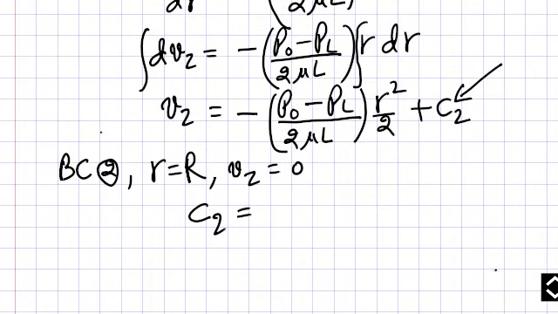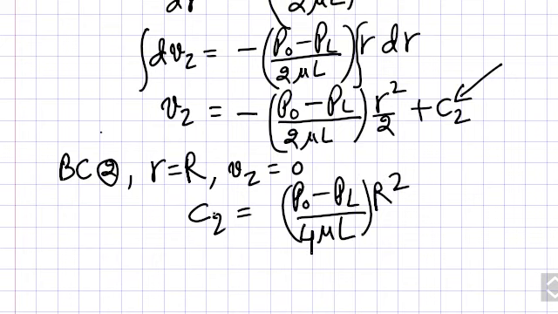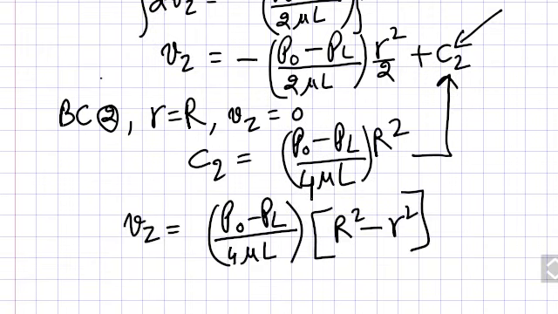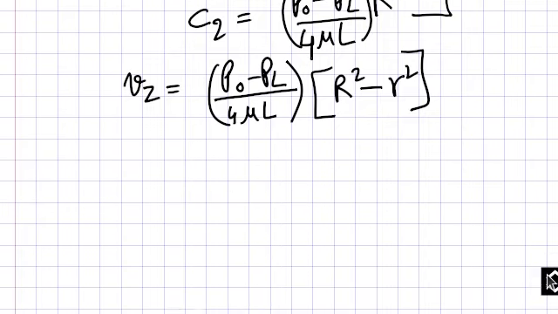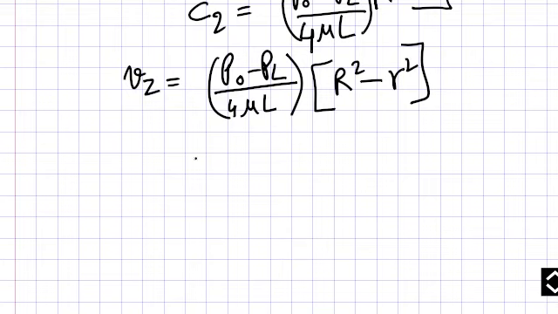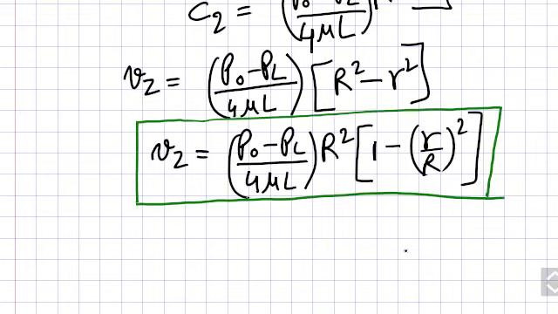So now r is equal to r, we will put it in here. So the constant comes to be this. Now we will put this constant here and see what the result is. As you can see, it can be arranged in a very nice formula, and you can modify this formula into a more suitable form. So this is the formula we have developed, and you can see that this is a square.